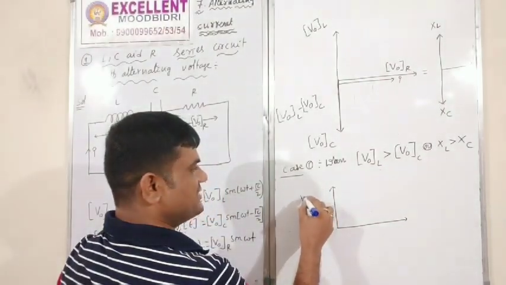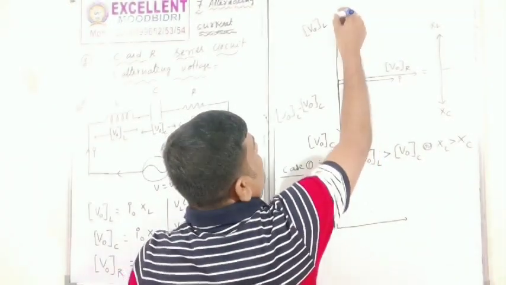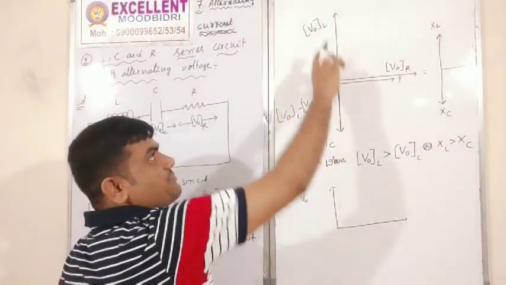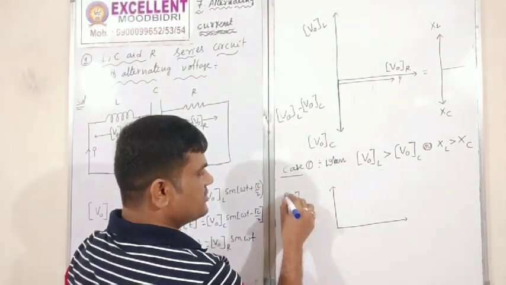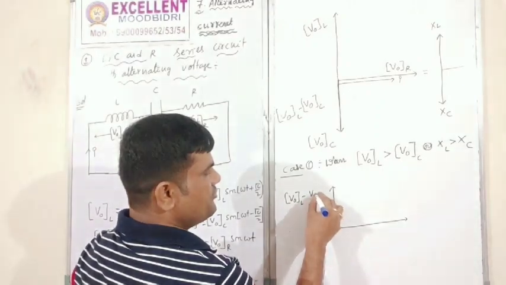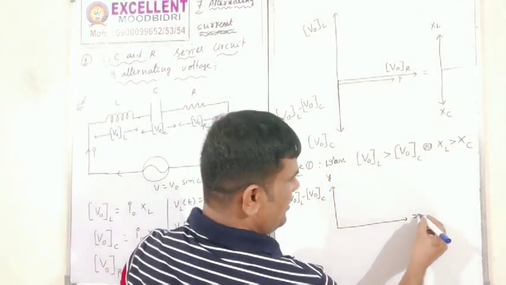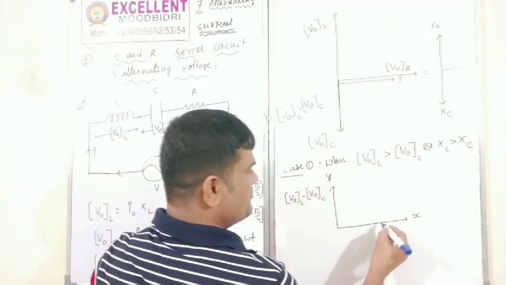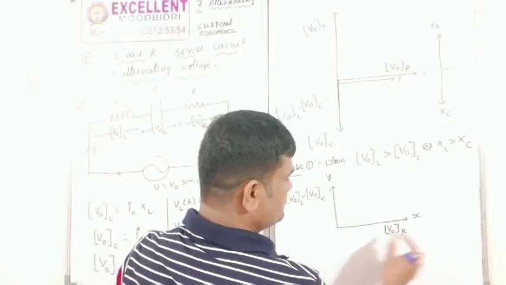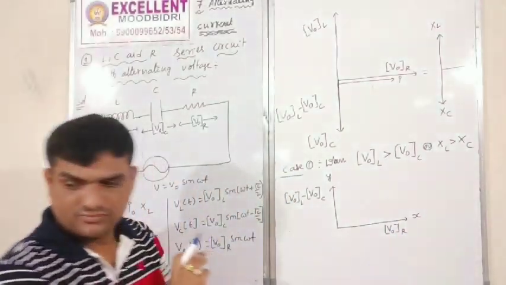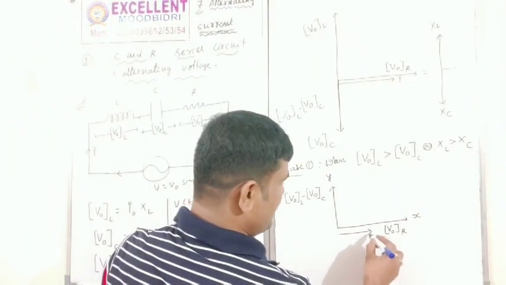Okay, what is this? Directly, only small I draw. So this is the big one. Big I have written, subtracting after this value. What is that? V naught L minus V naught C along the y axis. Along the x axis, what should be there? Same one. What is that? V naught R. Right? I also, correct? V naught R. So I also in the same direction.